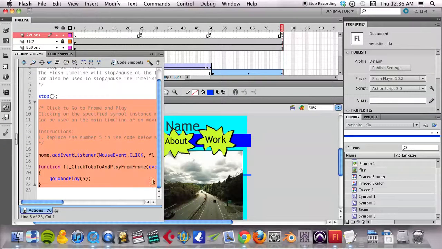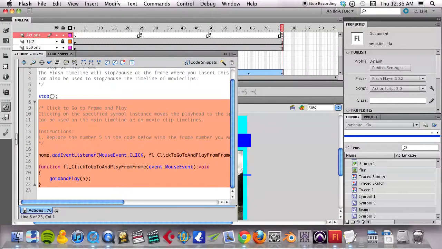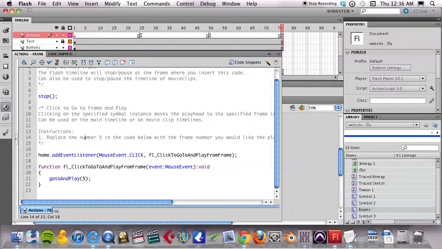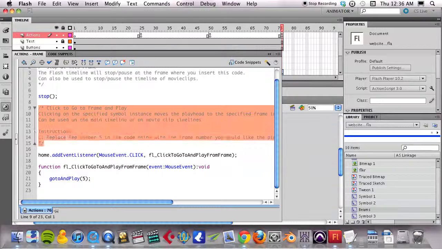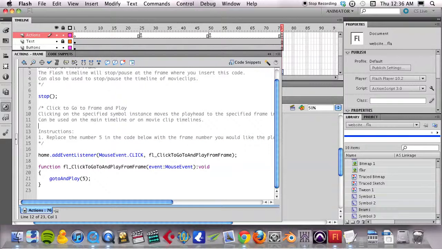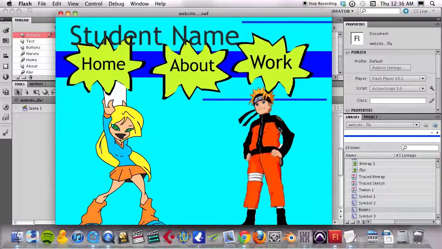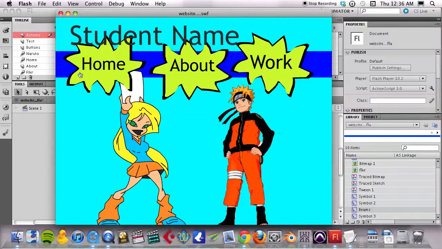Now I actually have to modify this ActionScript. If you've never worked with coding before, this might seem a little intimidating. To help you out, they have some instructions that go along with the code snippet in gray. It's commented out so that it doesn't affect the code at all. In this case, it says replace the number 5 in the code with the frame number you want it to go to. So I'm going to replace 5 with 1. Now if I do a preview, Command Enter, it exports, and where it stops there, if I click on the home button,